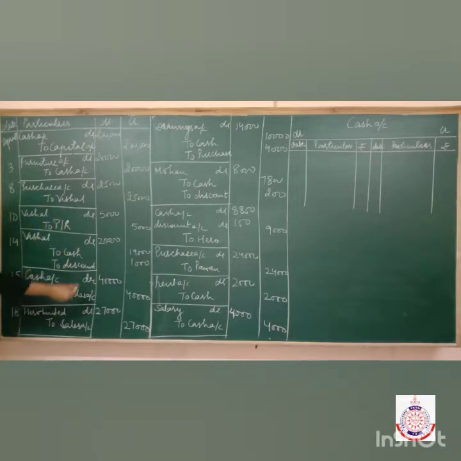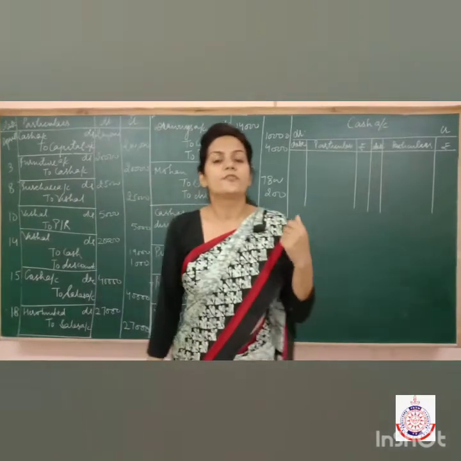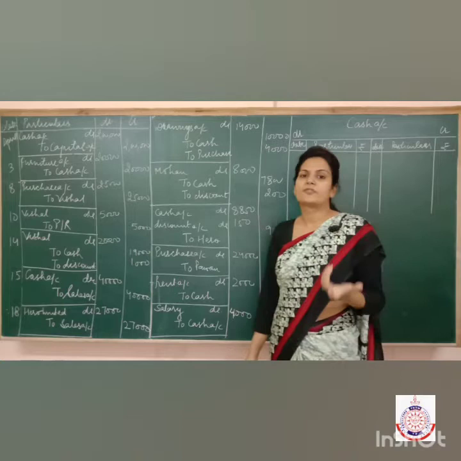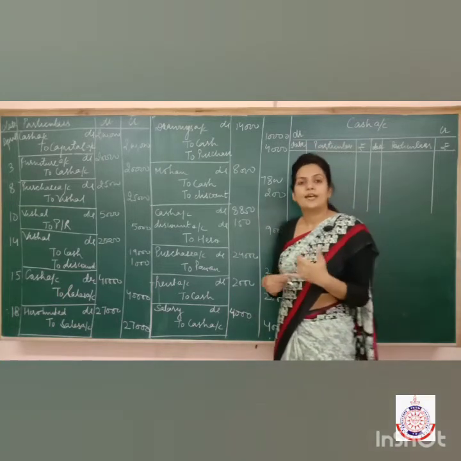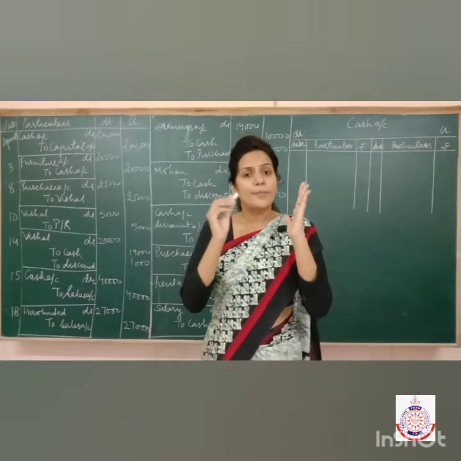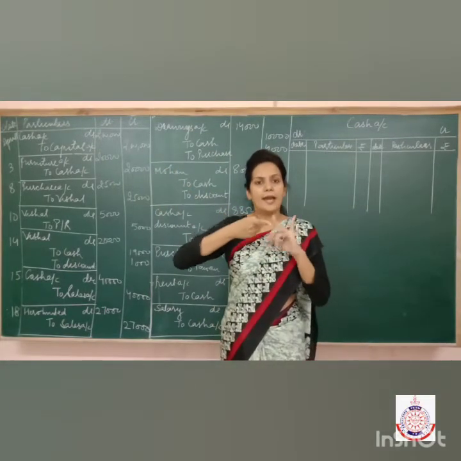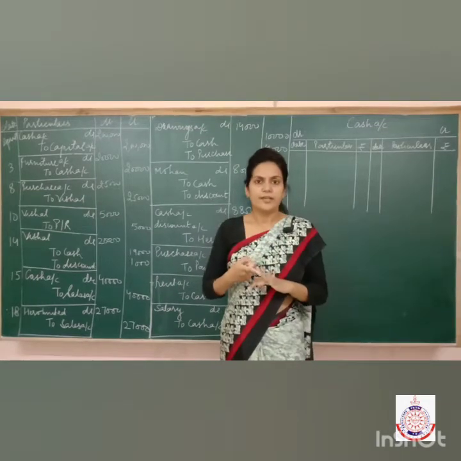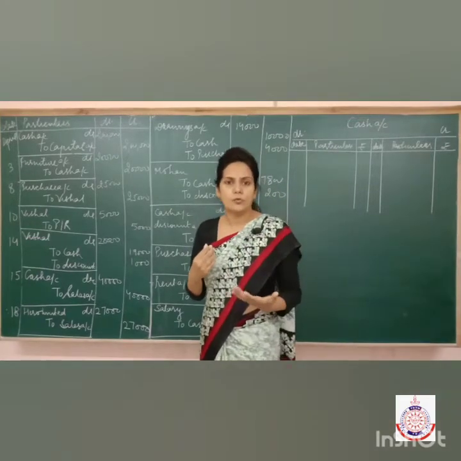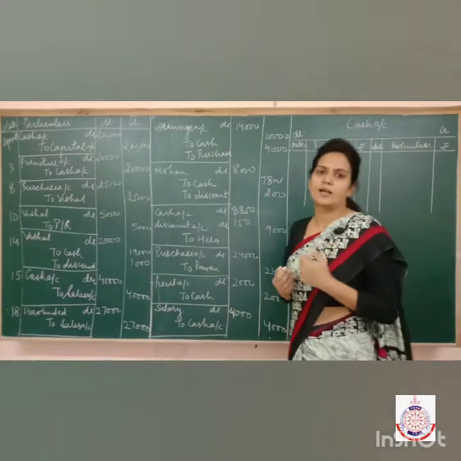It means whatever accounts you have opened in all these entries, you need to understand how to make ledger accounts. The format or the method of preparing ledger accounts is the same. Only one little difference is there. As you know, we have three categories of accounts: real, personal and nominal. The method of posting entries in real, personal and nominal accounts is the same. What is different is just the ending part, how to conclude the account. Only this varies; the rest is the same. So let us start with the real accounts first of all.